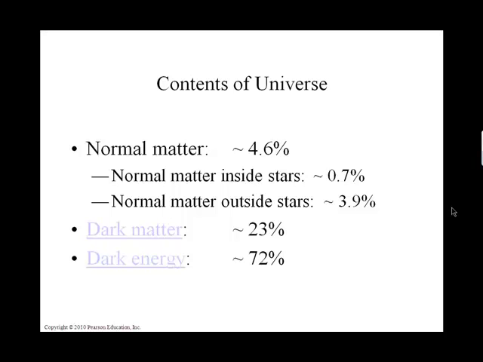Now, one of the things that dark matter and dark energy have in common is, although we can't see them, they don't emit any form of radiation, they don't reflect any form of radiation. We can't see them, but we can see their influence on normal